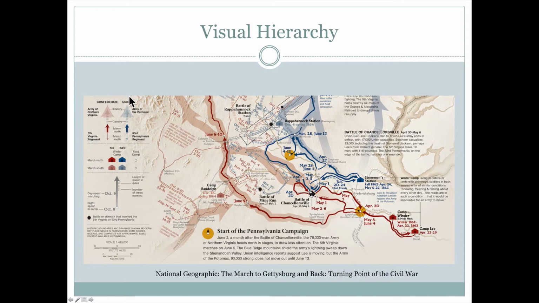Let's take a look at how they've symbolized these arrows that appear all over the map and really could appear very cluttered if they weren't combined in a nice way. We can see that they divided, first of all, the Army of Northern Virginia and the Army of the Potomac into two different colors, Northern Virginia red and Potomac blue. The infantry is represented by the lightest colored arrows, and the cavalry is represented by not only an arrow that's darker, but it also has a dash pattern so that you can quickly see it on the